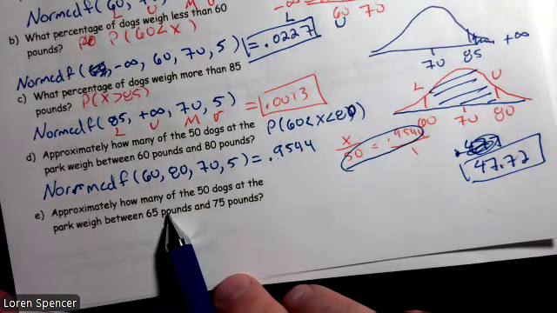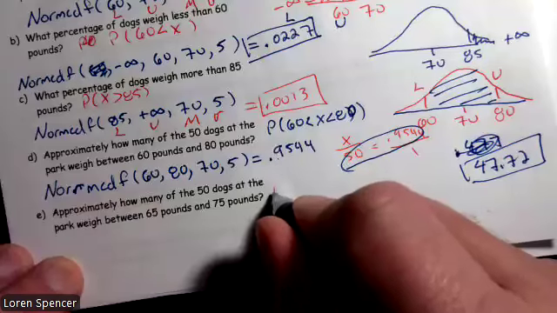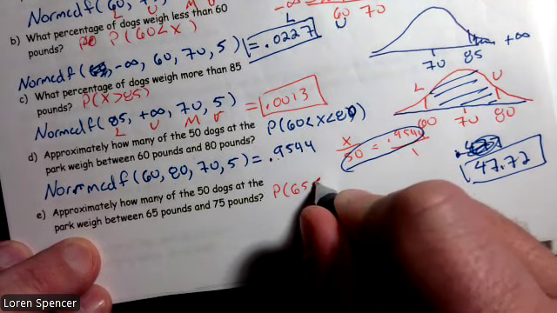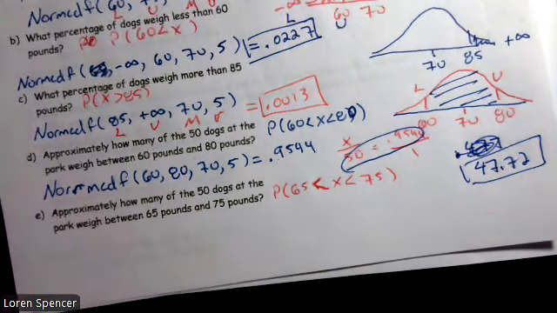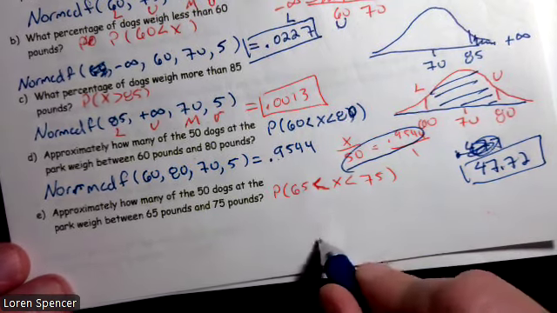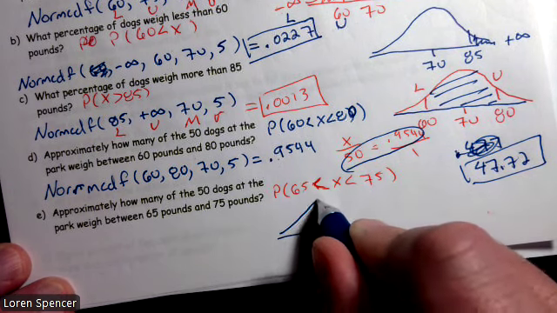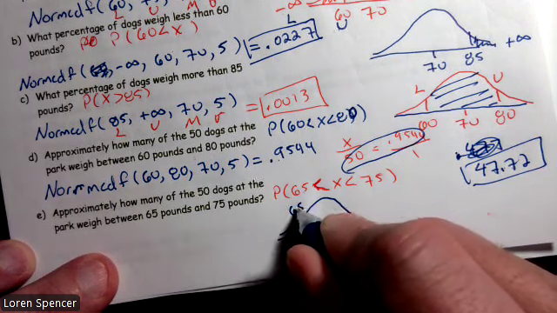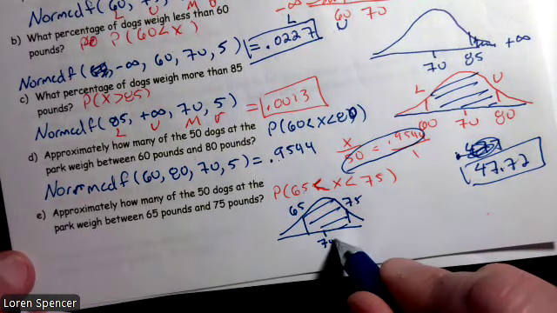All right. How many weigh between 65 and 75 pounds? Well, our probability statement is going to be this. What's the probability that 65 is less than X is less than 75? So once again, we're setting this up. I have to do the probability first. Let's draw a picture of what this is going to look like. We're centered at 70. And this is going to be 65. And this is going to be 75. We happen to know that this is plus or minus one standard deviation,